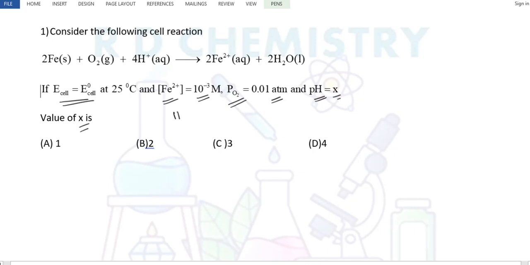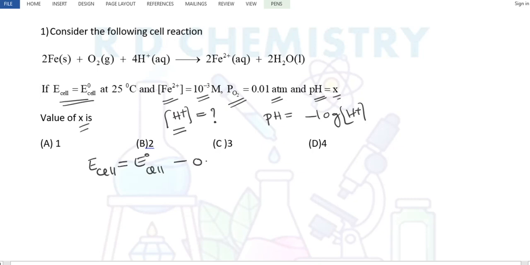First of all, we need to calculate what is the H plus concentration in this problem. Then convert that H plus into pH. What is the formula? pH is equal to minus log of H plus concentration. Correct? So we will start with the Nernst equation and get the value of H plus concentration. According to the Nernst equation, E cell is equal to E naught cell minus 0.0591 divided by N log of